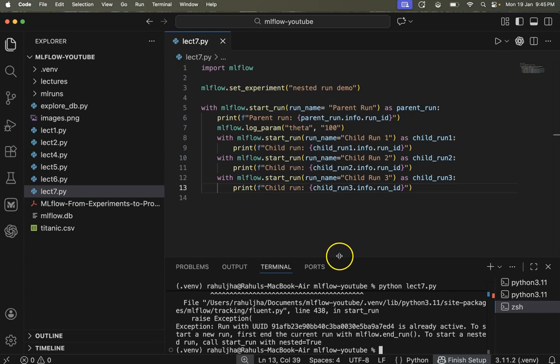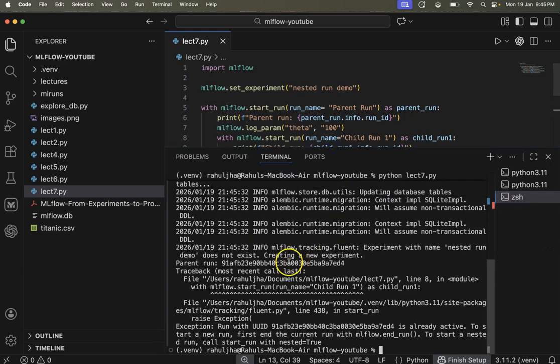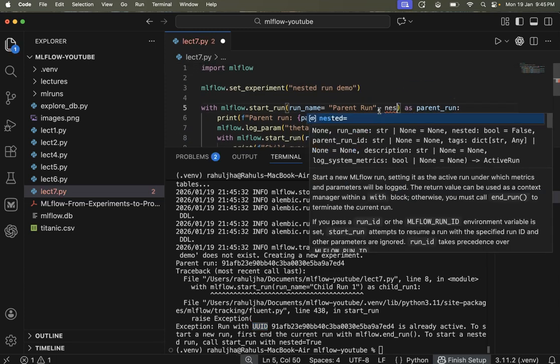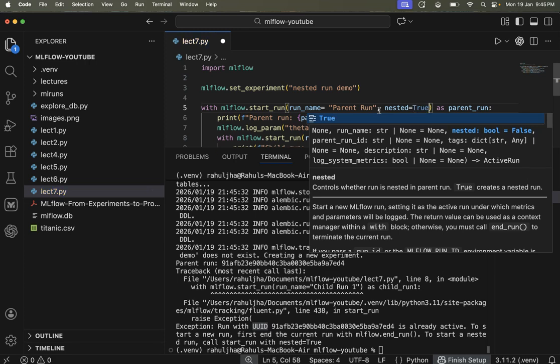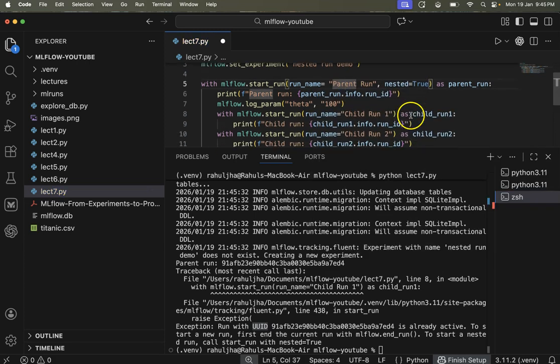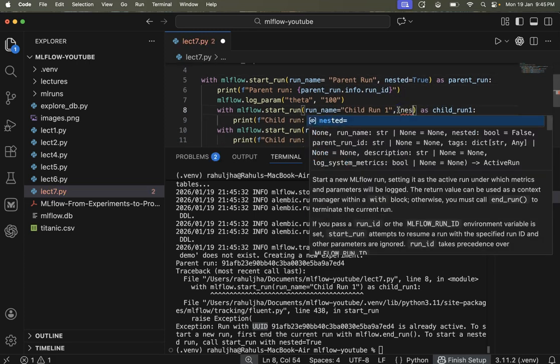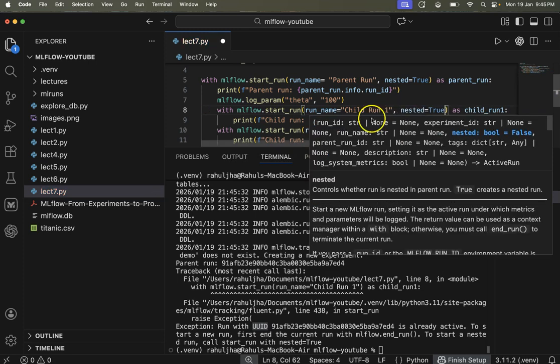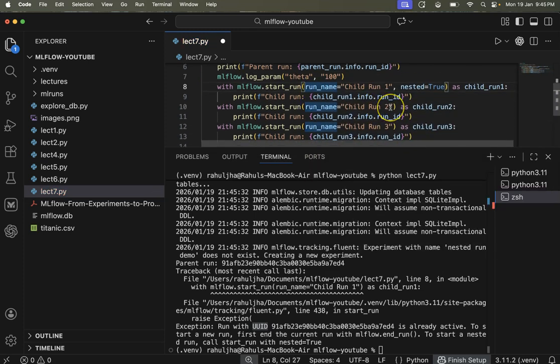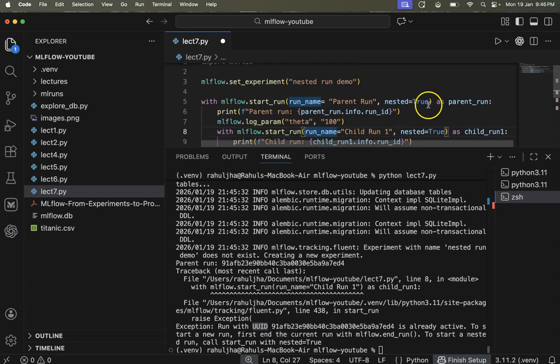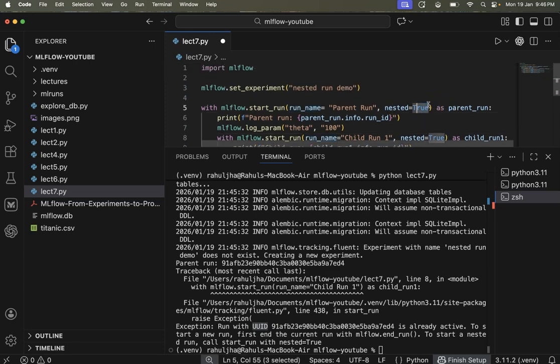Okay, so we are getting some error. Let's see where exactly the error is. It's saying run with, okay, so I think we need to provide the parameter nested equal to true. One second, not here, sorry, not in the parent.